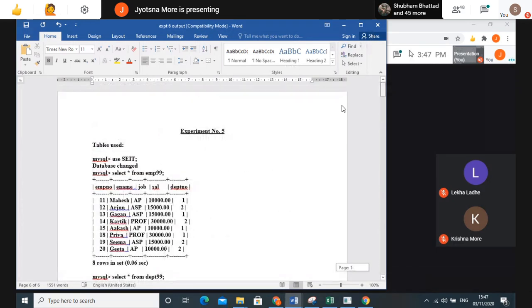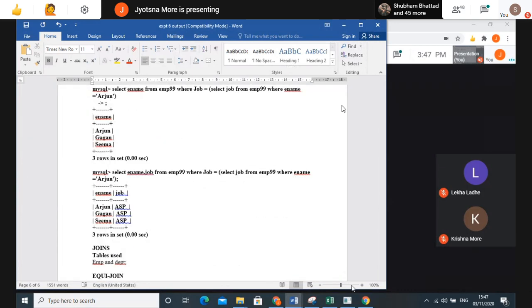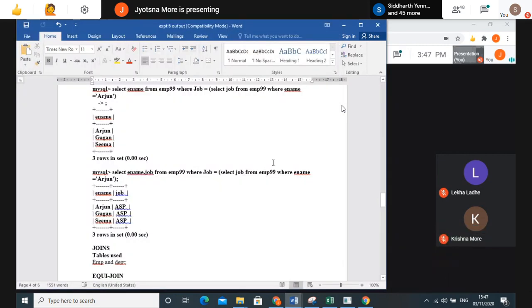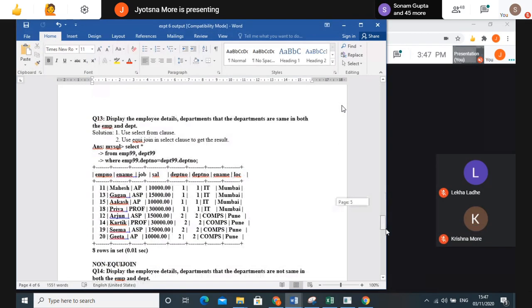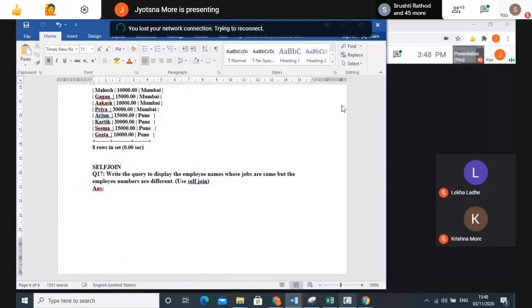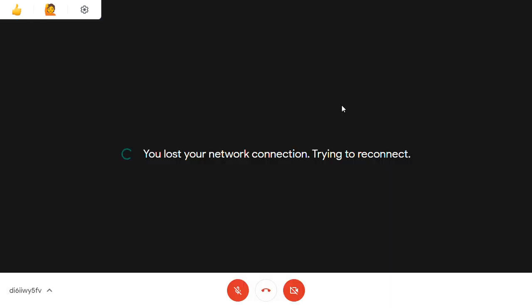Yeah, it is EMPNO, right? So, okay, I will go ahead with that. EMPNO, what they have said, employee numbers are different, right? As per the question, we have to go with the question. Yes, in the question they said whose jobs are same but employee numbers are different. So I will go with A dot employee number not equal to B dot EMPNO.